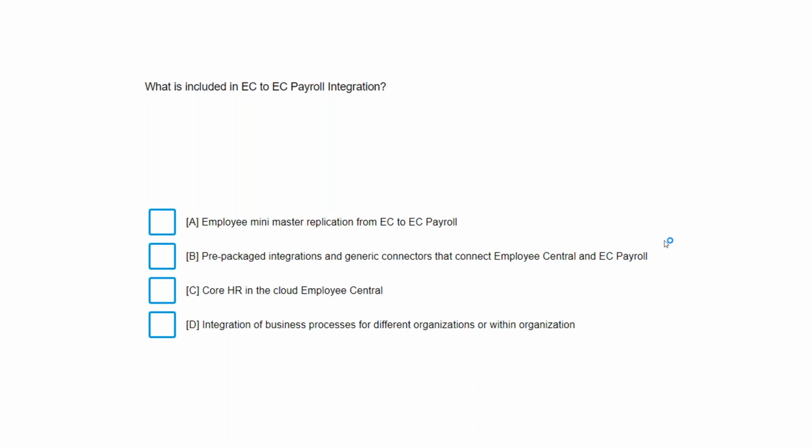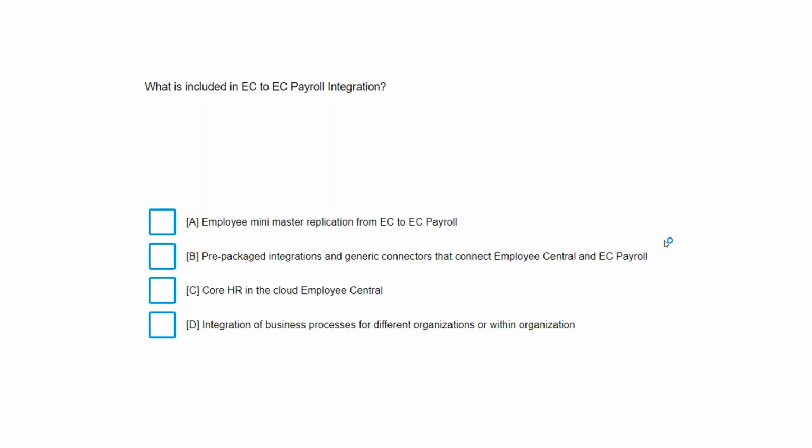This question is very weirdly written. Integration of business processes is definitely not D. Now, employee mini master replication from EC to EC payroll: it's not a mini master. We bring most of the relevant data.